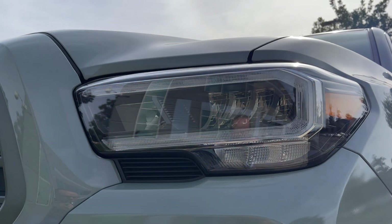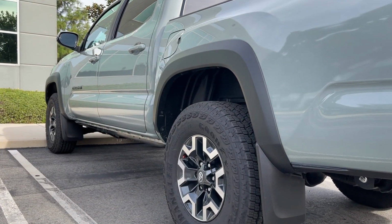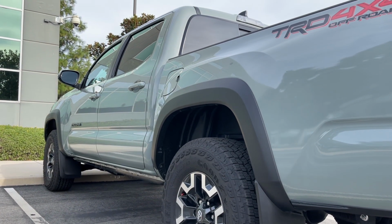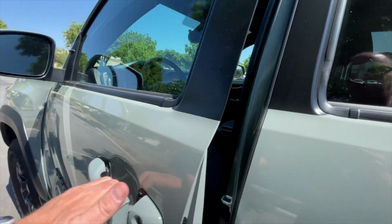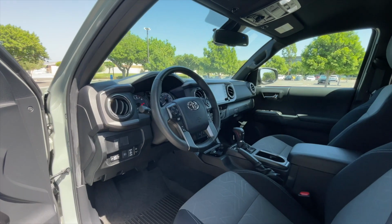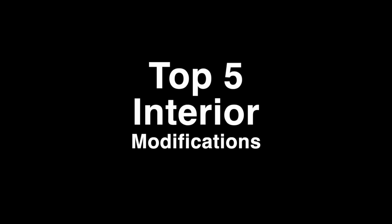I did end up with the LED lighting package as well as the technology package, which gets you the basic safety features like sonar parking. My interior had the basic cloth interior as well as the stock stereo system, not the JBL. As for the interior, it was time to make it my own, and these are my top 5 interior modifications